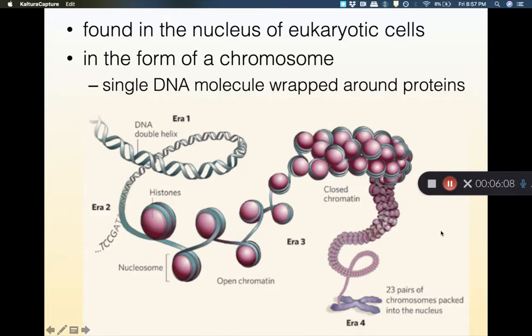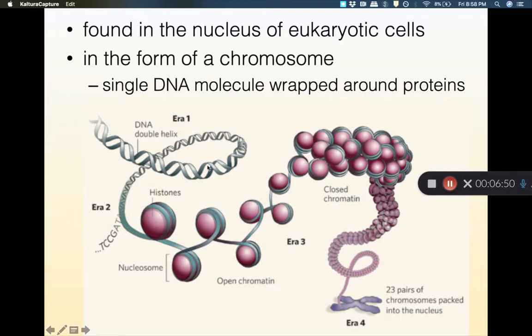So let's think a little bit more about the structure of DNA. You've probably seen and made models of DNA before, which has this classic double helix shape. However, what does that actually look like in cells? How does that become a chromosome? And how are they related? I thought this was a really useful visualization to understand how this chromosome, which you've probably seen before in this typical X shape, relates to this double-stranded helix DNA.